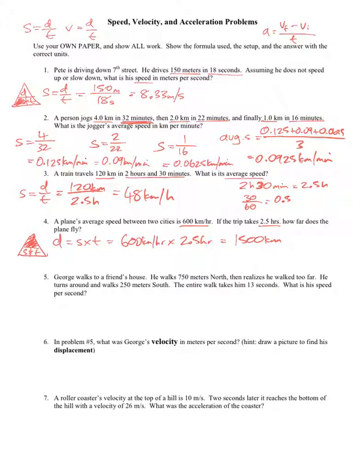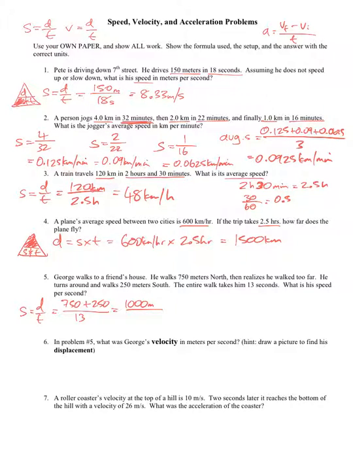George walks to a friend's house. He walks 750 meters north. He realizes he walked too far. He turns around and walks 250 meters south. The entire walk takes him 13 seconds. What's his speed? So remember, speed is equal to the distance over the time. The total distance he traveled was 750 north and the 250 south. It took him 13 seconds. He walked a kilometer,